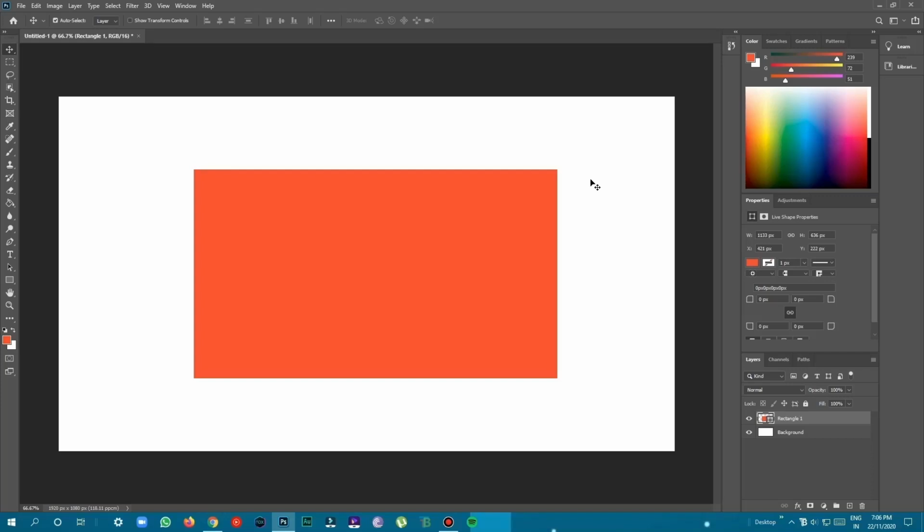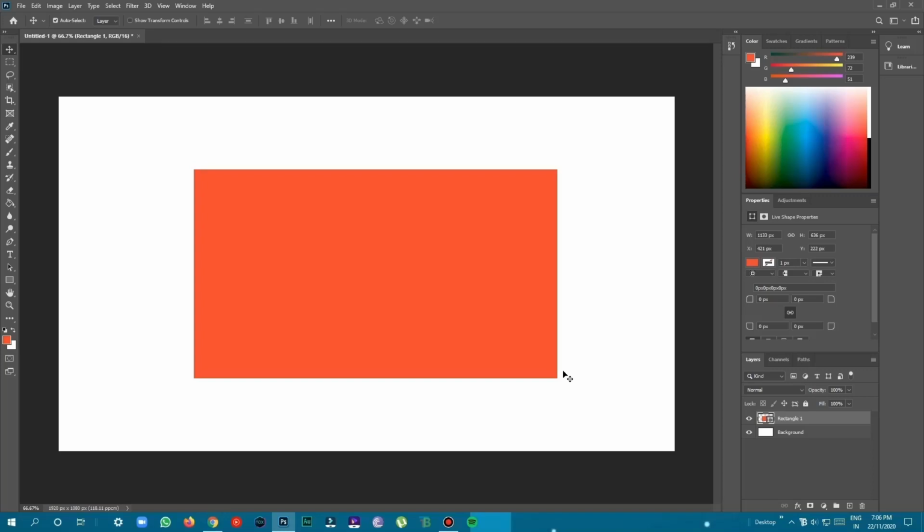We are going to see the Adobe Photoshop tutorials part 2, the effects panel, in this video. Actually, we have done the interface in part 1 in my previous video, so if you have not seen it yet, check it out. The link is in the description. Now we are going to add some effects to this rectangle, like the outer glow, drop shadow and some other stuff. And these are very simple to do.